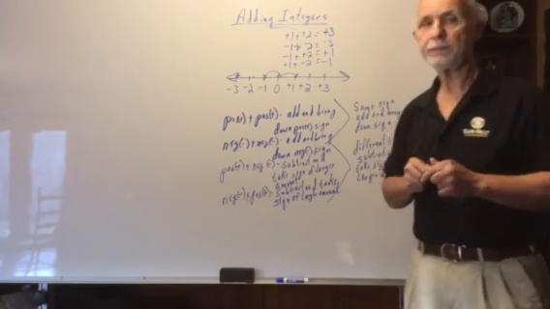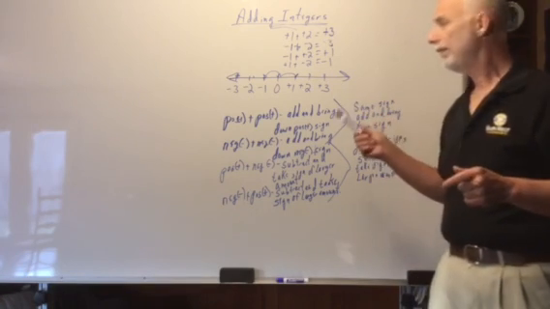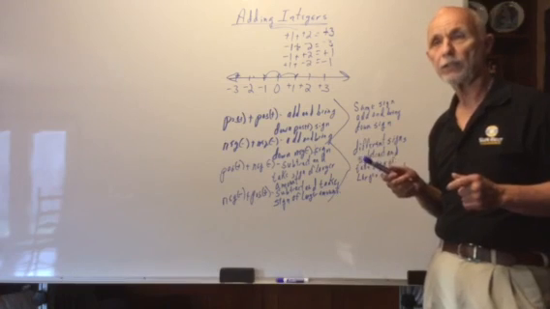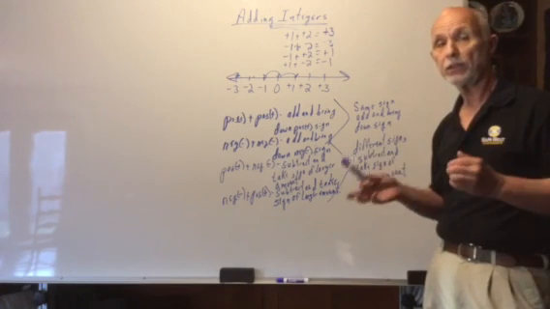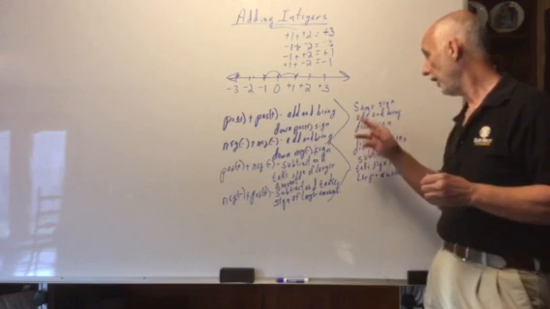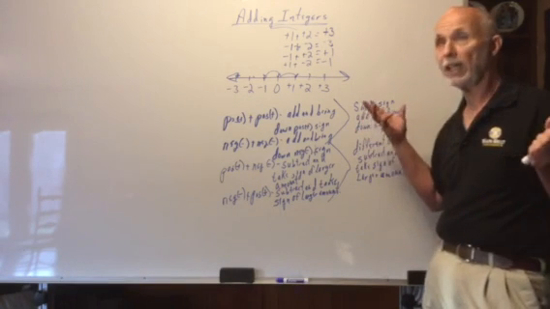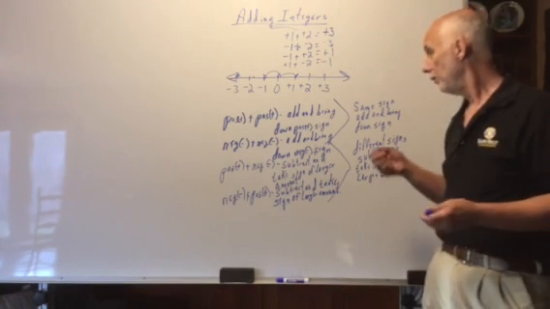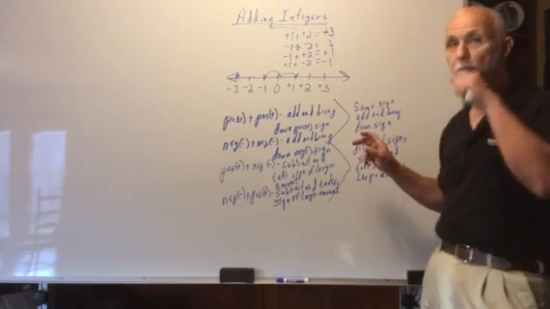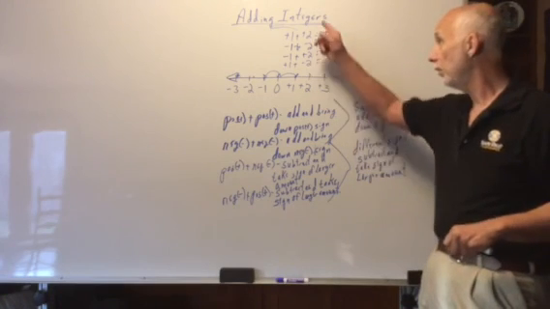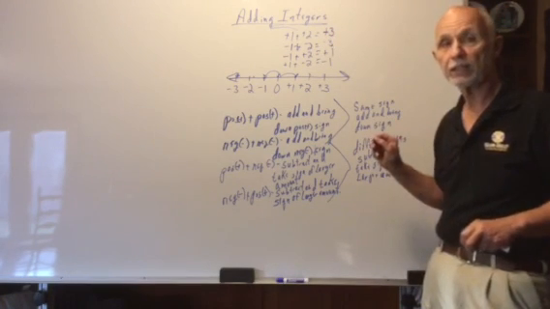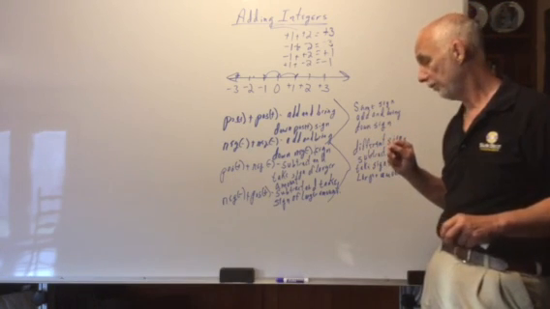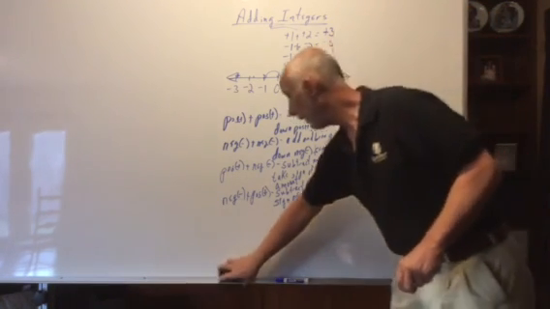And again, every time you go to add integers, the first thing you must do is ask yourself, do you have the same signs or do you have different signs? If you have the same signs, then all you do is just add like normal and bring that sign down. But if you have different signs, this is where people get confused, because even though it's addition, if you have different signs, you've actually got to subtract and take the sign of the larger amount. So, now that we have those rules